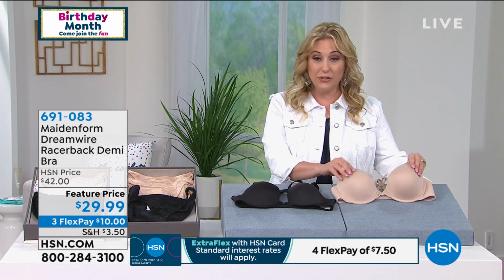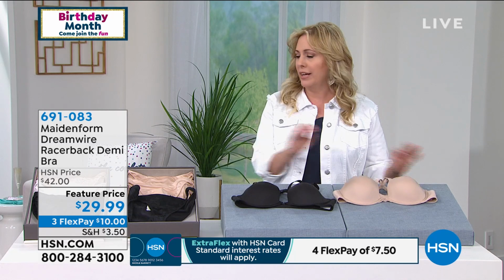The nude is in the lead. You guys are loving this. It's a great, great bra to have in your wardrobe. The item number to order is